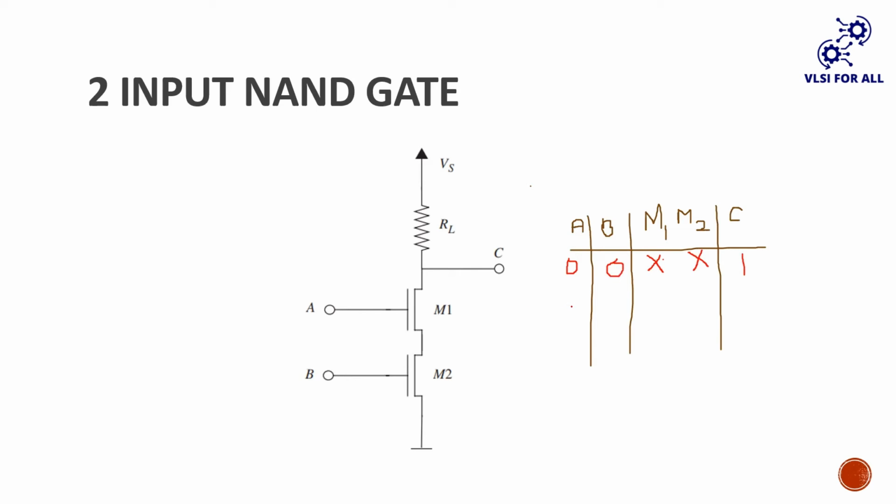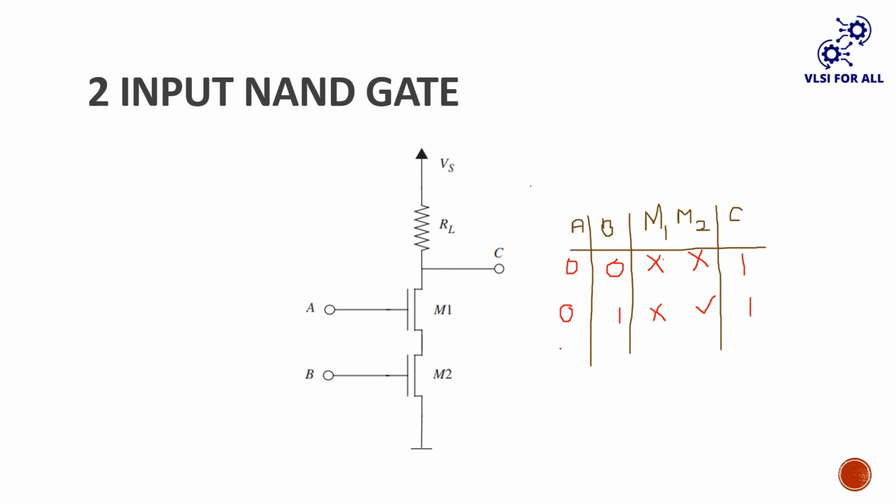Similarly, suppose if A input is 0, B input is logic 1, then definitely A input is connected to the M1. That's why M1 is off. Similarly, B input is logic 1, so M2 gate is on. Then definitely, guys, see, combination of open circuit and short circuit is open circuit only. Even though M2 is on, as M1 is off, there is no current in the circuit, hence output is logic